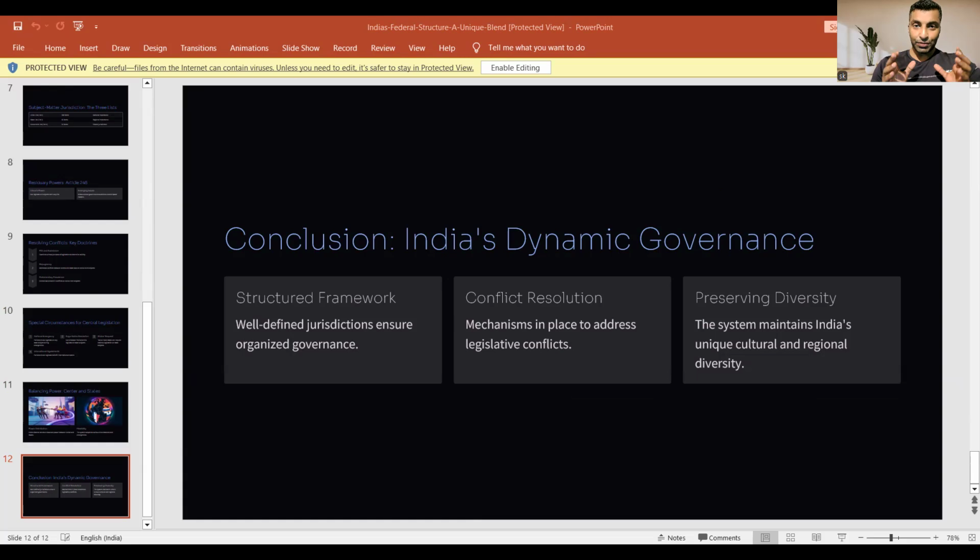And the legislative relationship between the center and the state is not only foundational to India's governance structure, but also essential in preserving the unique diversity of the nation. So through a well-defined territorial and subject matter jurisdiction, a mechanism to resolve conflict, and a judiciary which is taking care of all these, the constitution ensures a dynamic but still structured governance framework, and that is exactly what we needed to discuss under this particular topic. So if you get a question, whether it is prelims or mains, we have covered it in detail and you got a proper answer for mains also.